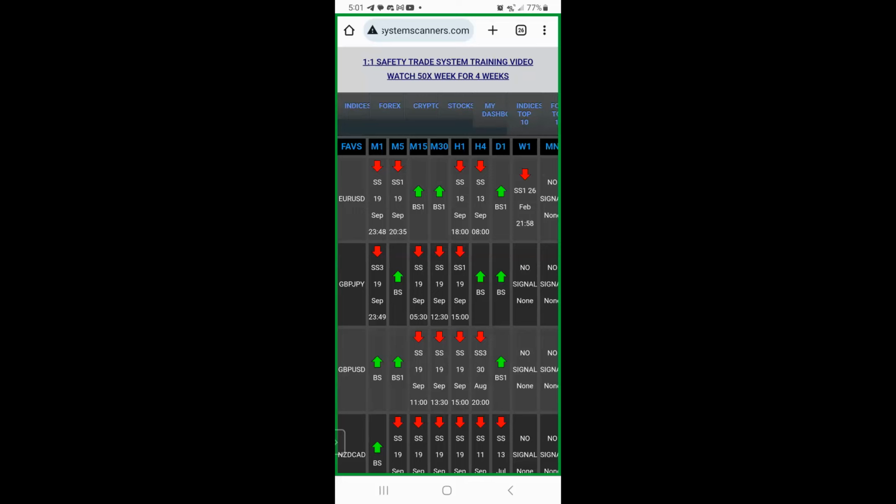And it gives you a synopsis also. If you look at Euro EU right here, you can have an idea that EU is going to be selling in the minute and 5 minute. It has a buy, in the 15, 30 minutes and selling again. You have an idea versus NZD CAD. If you're doing NZD CAD, it's buying up now, but gee whiz Louise, it's going to be selling the rest of the time. So you can decide now if you're staying in a trade longer or short, if you're going to scalp it, it really helps you to kind of just look at it.